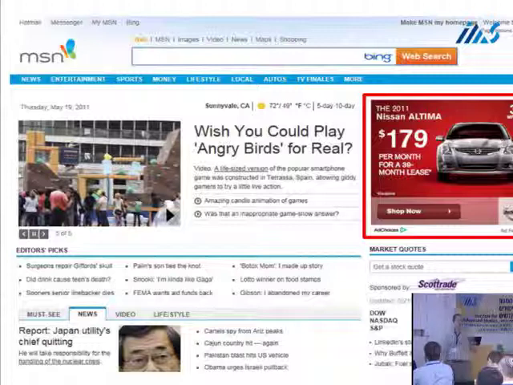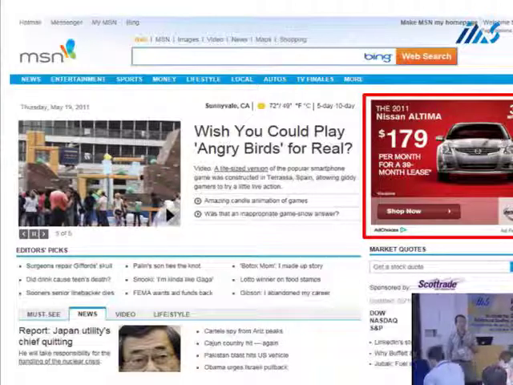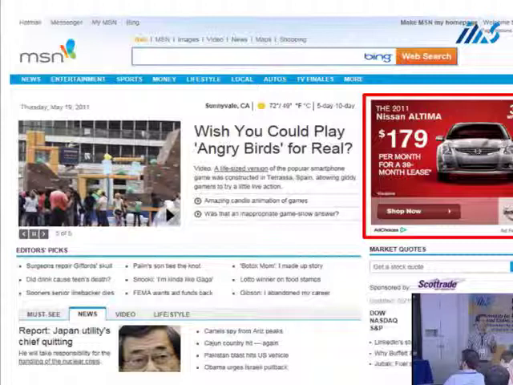So when the user requests this MSN page, they run an auction between different advertisers in order to decide which ad will be displayed at this slot, and who is going to get this ad slot and present this ad. This is a little bit like sponsored search, in which when somebody searches, there is an auction to decide which ads will be shown. But there are interesting characteristics that are different from sponsored search, and I'll try to talk about them.